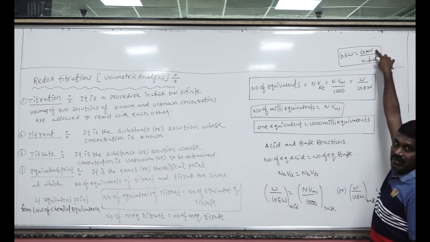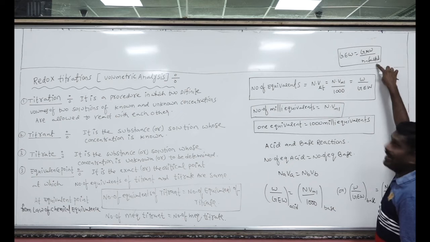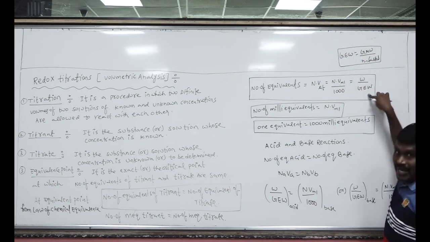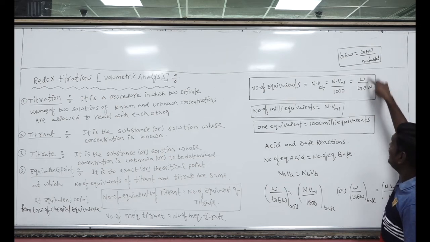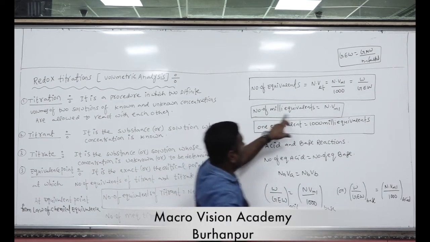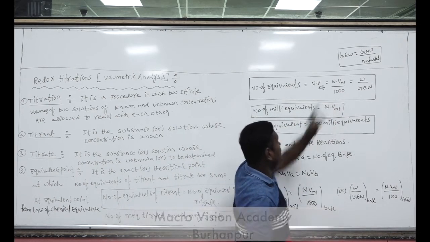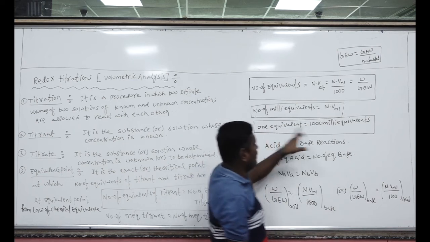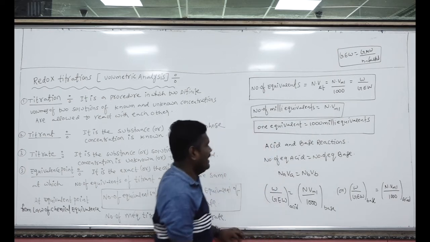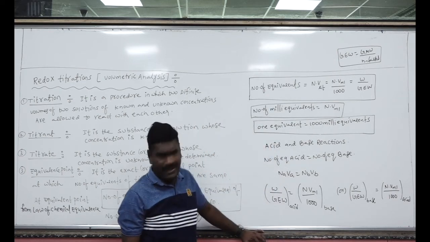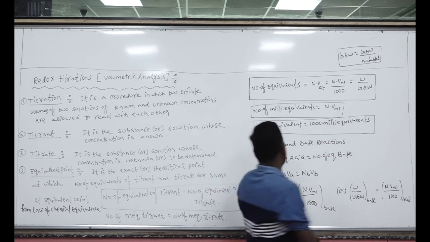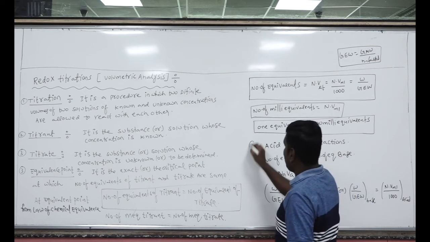Molecular weight we know by the formula, and if we know the N factor, then we can find the equivalent weight. Weight is given in the question, so equivalent weight we have to calculate. So the ratio of the weight and equivalent weight will give the number of equivalents. Now come to number of milli equivalents, which is equal to normality into volume in milliliter. Do you know 1 equivalent is equal to 1000 milli equivalents, or 1 milli equivalent is equal to 1 by 1000 equivalent? Just like 1 liter is equal to 1000 milliliter, 1 equivalent is equal to how much? 1000 milli equivalents.